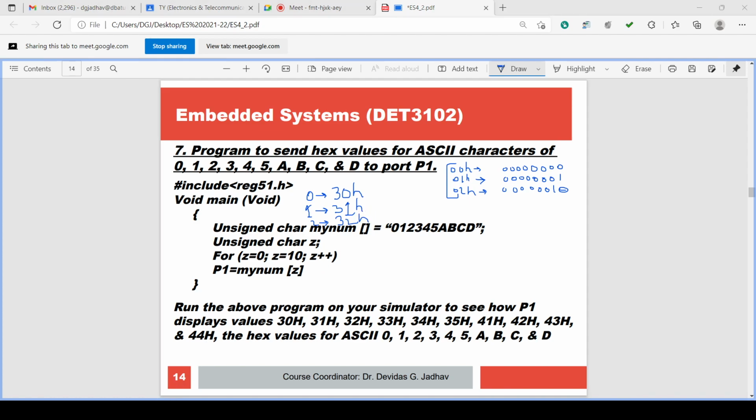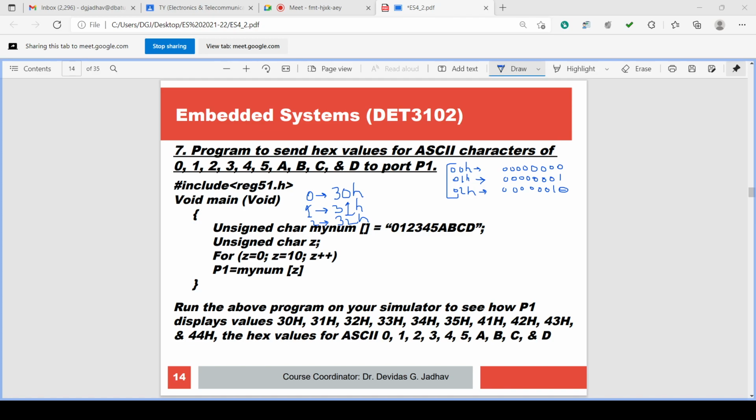You understood? What is the difference? 0, 1 and 2 are hex numbers, and the other 0, other 1, other 2 are ASCII characters. They are symbols. Hex number 0, 1, 2 have their binary numbers 0, 0, 0, 0, 0, 0, 0, 0, then 0, 0, 0, 0, 0, 0, 0, 1, and 0, 0, 0, 0, 0, 0, 1, 0. Hex numbers have binary numbers.